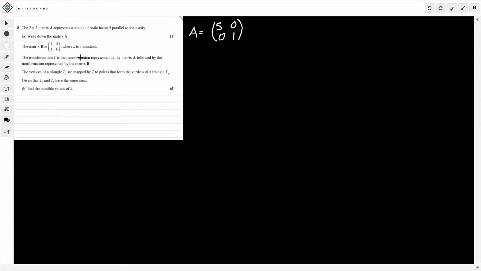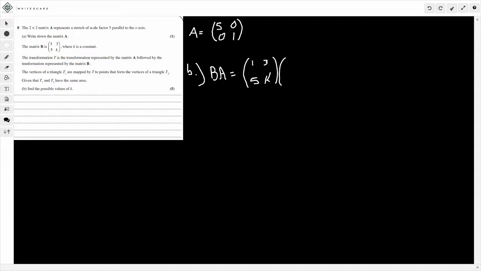First, let's make sure we understand what the transformation is. So, it's the matrix A followed by the matrix B. So, be very careful here. This now, for part B, is represented by B times A, not AB. So, you've got to be very careful for that, guys. If you get this the wrong way around, everything's going to fall apart. So, it's BA. So, that's 1, 3, 5, K